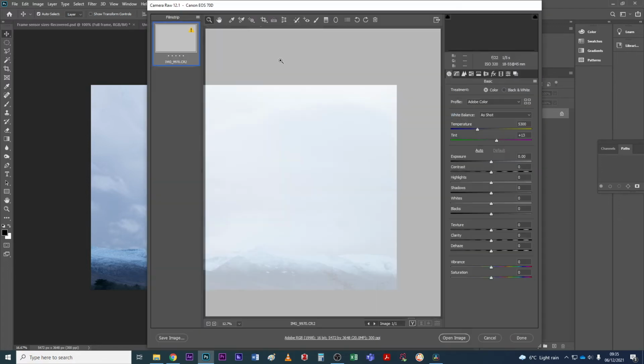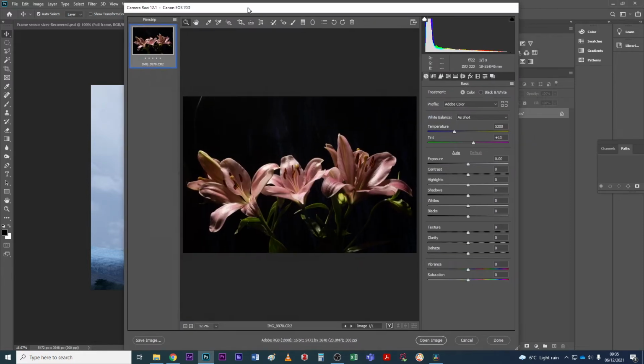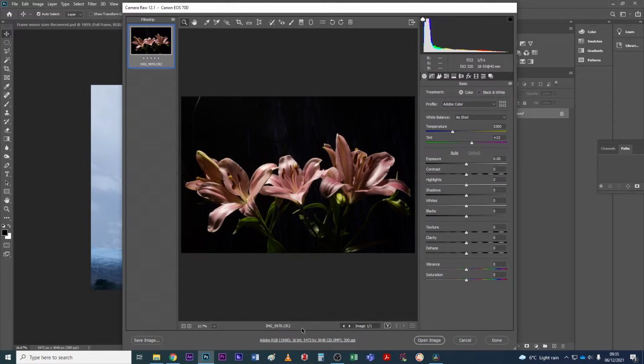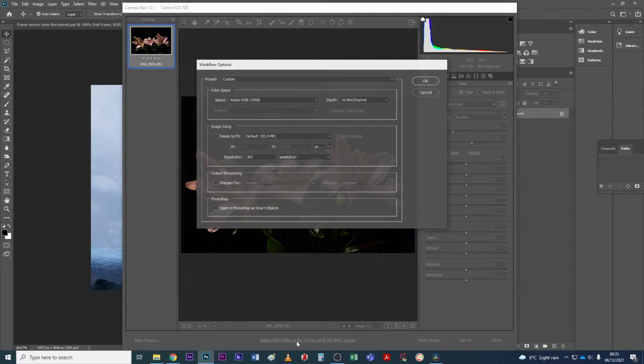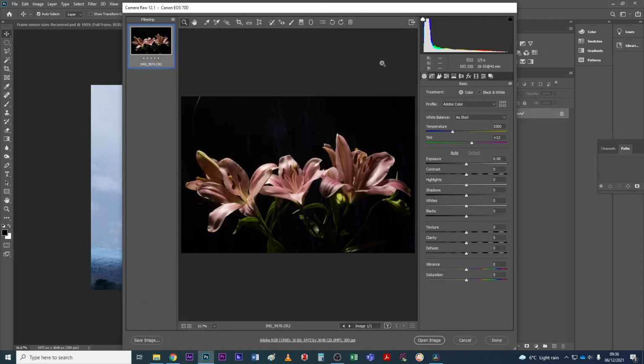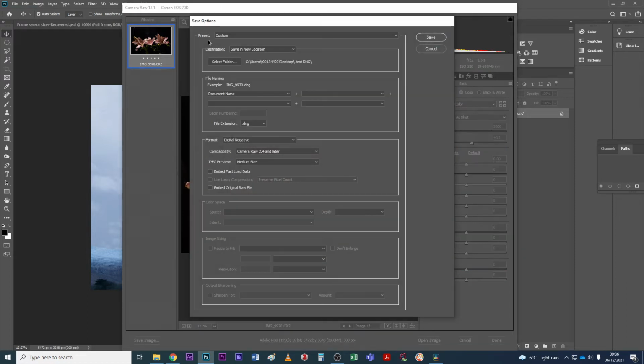Photoshop will open, but you only need to use the Camera Raw viewer because everything you need is pretty much in here. The first thing you need to be mindful of is that your image is coming in as 16-bit. If you see 8-bit or anything lower than 16 down here, just click on it and it will allow you to change the bit depth to 16 bits per channel. Click OK, and instead of Open or Done, you go over to Save Image, which will allow you to take the DNG file, which should be the default,